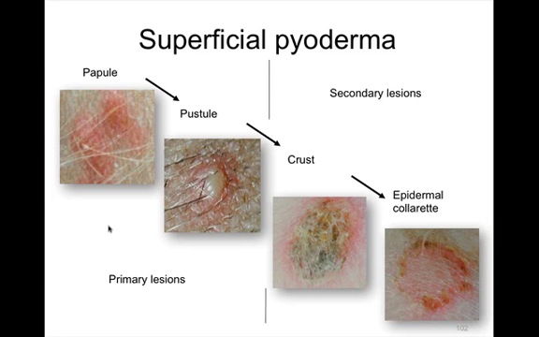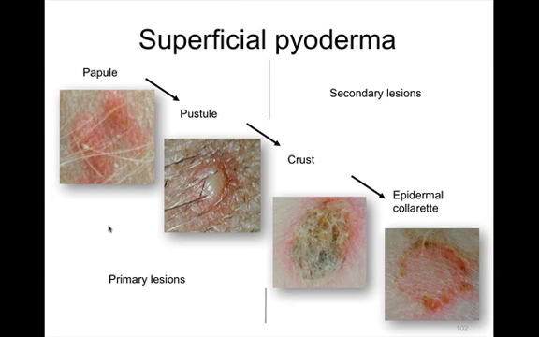So it starts as a red bump, also known as a papule. Then the papule is going to transform over time into a pustule, so you're going to have a collection of pus and the development of a white head. Once the pus has accumulated, the pustule typically ruptures, the pus dries out, and now you have a crust that is initially very adherent, but with time will dry out and fall off. And now you end up with the